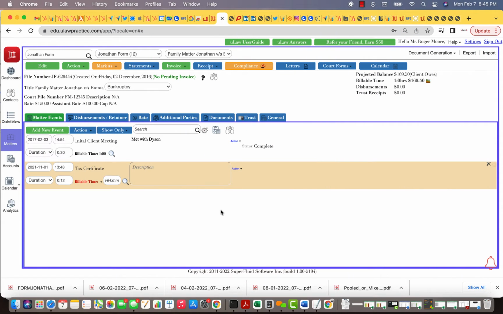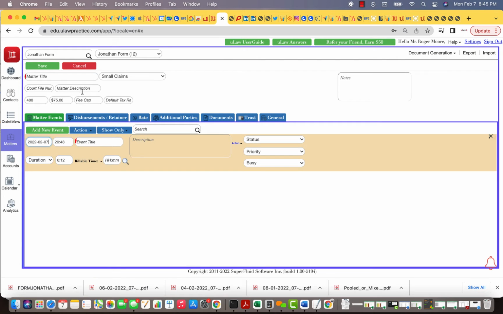A question that we've been asked is, does uLaw support civil estate forms? The answer is absolutely yes. To do that, I'm going to demonstrate by creating a brand new matter. Let me create one called,